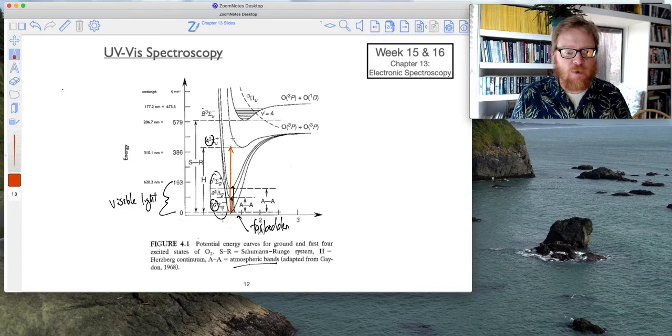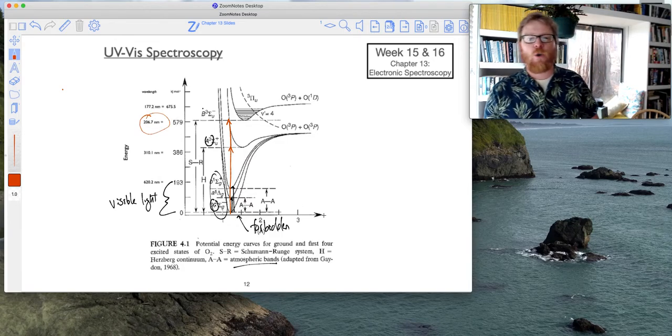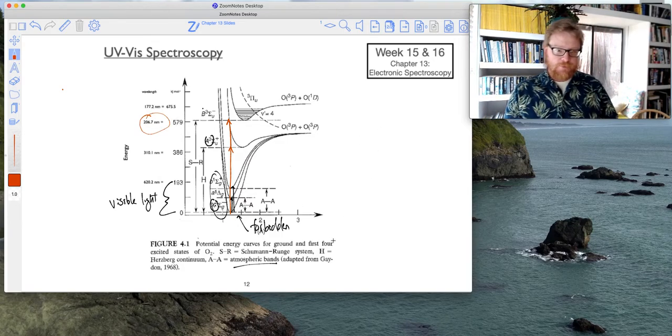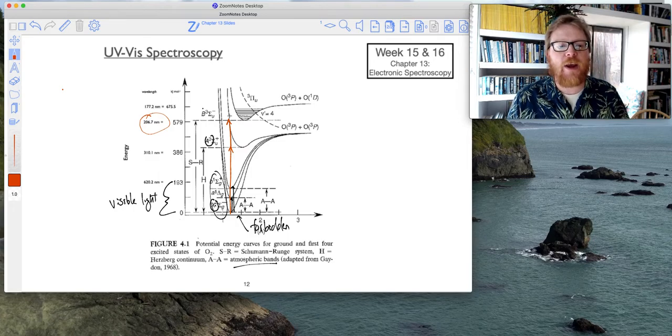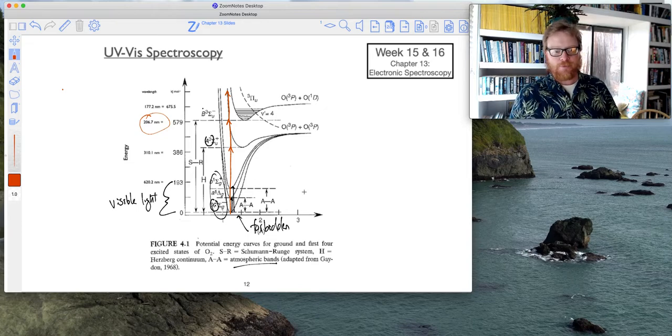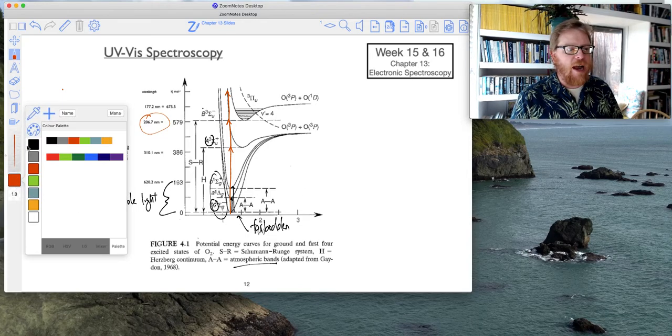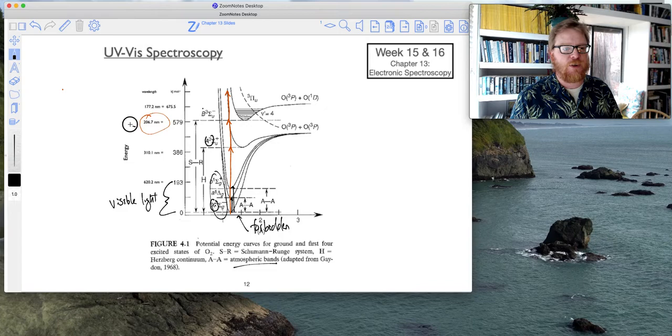However, if we looked at the Schumann-Runge, the overlap actually gets pretty decent. Look, it's going right at the potential energy scale, okay? Corresponding to about 200 or so nanometers. And as we go further and further up, the overlap gets better and better and better. And what I want to point out as far as atmospheric chemistry is concerned, it's this band right here that's responsible for ozone layer production,